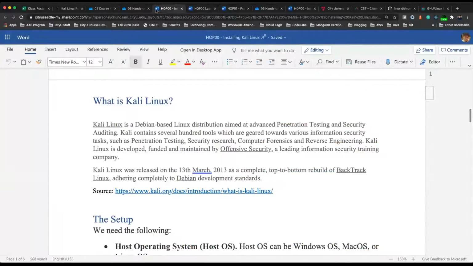Okay, so that is part of the definition of what a Linux-based, a Debian-based Linux distribution is. And then why Kali again? Because with Kali, you just install it, right? Once you install it, you already have a lot of tools for penetration testing.